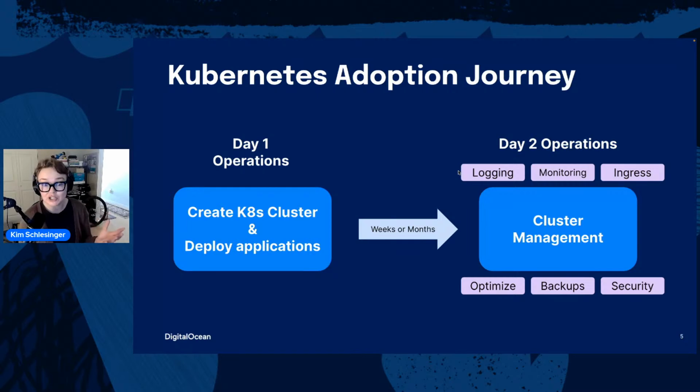Both of those people, the learners and the people who are already working with Kubernetes in production, there's this journey in adopting Kubernetes. And the first step we call day one operations. And that's where you decide, okay, I'm going to use Kubernetes and I'm going to create a cluster somehow. Maybe you build that cluster yourself, you get computing instances from a cloud provider. At DigitalOcean, we call those droplets, and you bootstrap Kubernetes on your own. Or maybe you use a managed Kubernetes service, which makes that process a little bit easier.